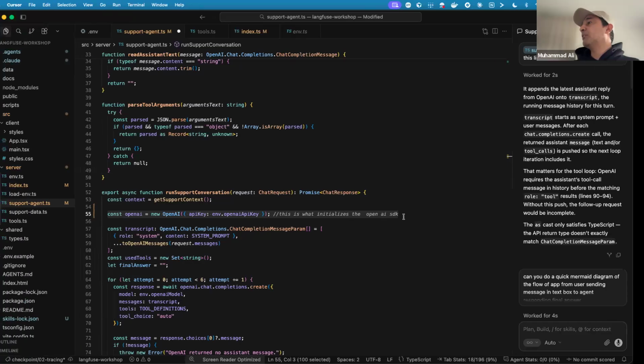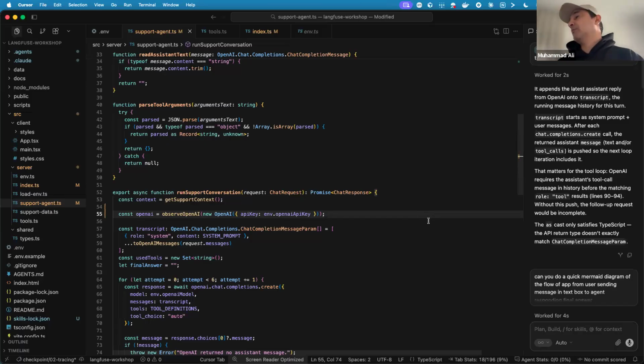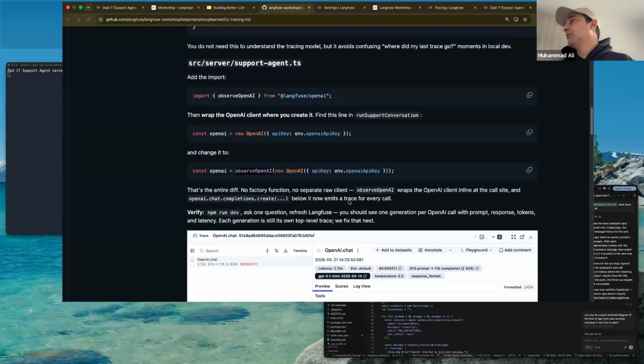Why do we need to wrap this? Whenever the OpenAI SDK is going to call the model, the Langfuse SDK is going to capture that call and send that data into Langfuse, and you will start seeing the traces. So that will enable the traces to be captured.